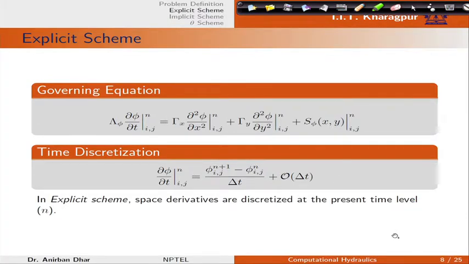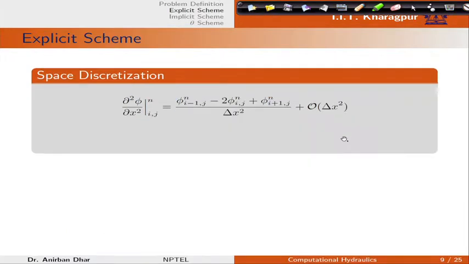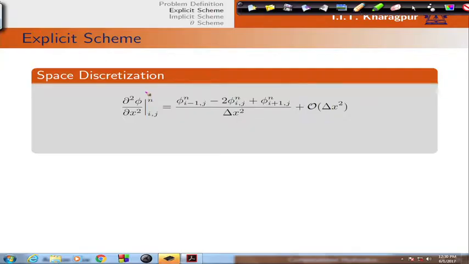In explicit scheme, the space derivatives are discretized at the present time level. So, now we need to consider the space derivatives, these two derivatives are space derivatives. So, this should be discretized at the present time level or level n. So, space discretization for first del 2 phi by del x 2, we are considering phi I minus 1 j n